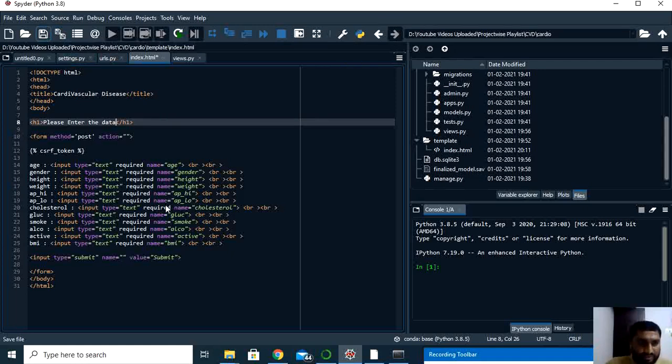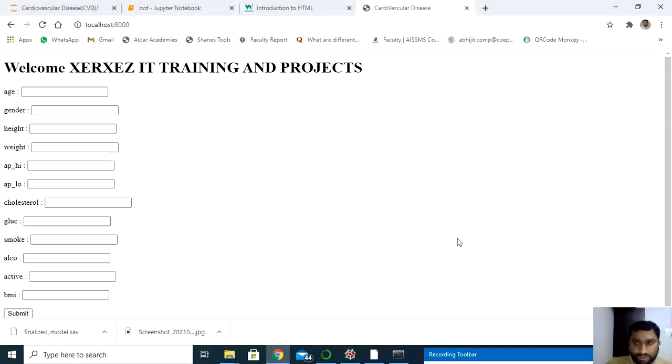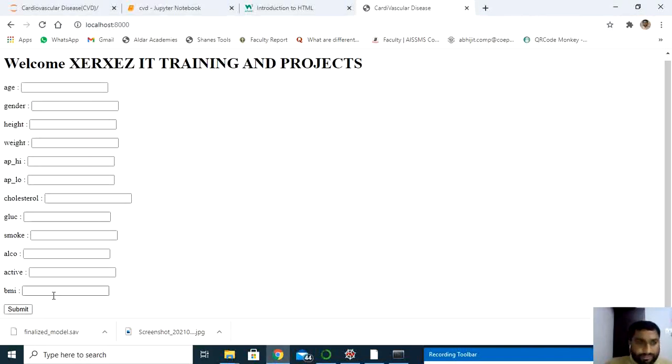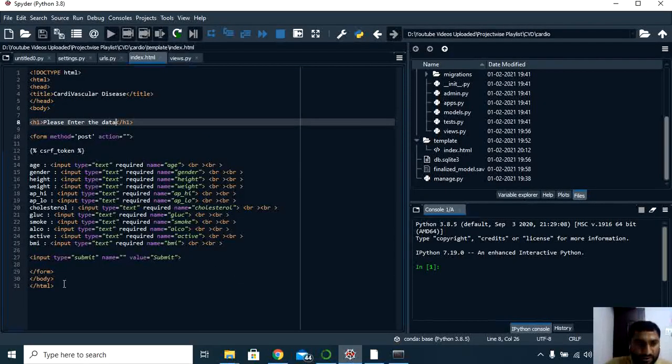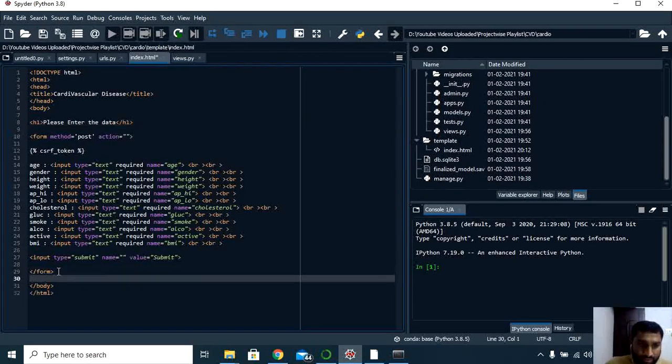It's pretty straightforward. Next, in the same way, the moment the client submits the button, very next to the button I want to display the result, the predicted value. So I'll have one simple tag here, out of the form.